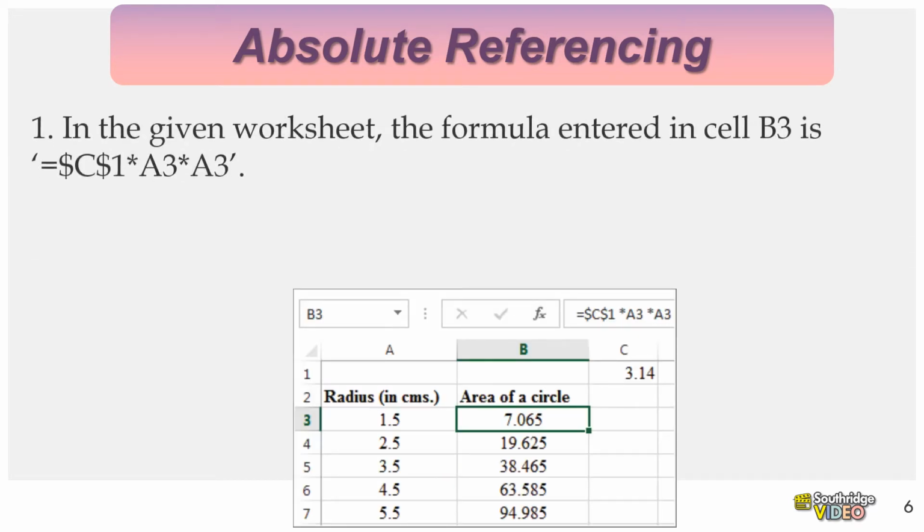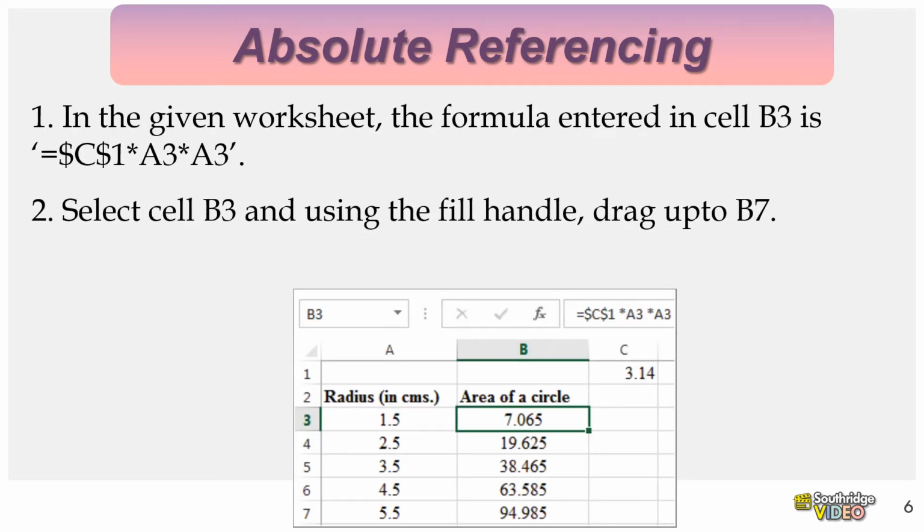See, in this case, to find the area of a circle, a fixed value is typed here, that is 3.14. It is typed in the cell C1. If you want to type it in any other cell, you can use that, no problem. So every time you find the area of a circle, for every radius, you have to keep this value as fixed. So if you want to keep this cell reference as fixed or absolute referencing,